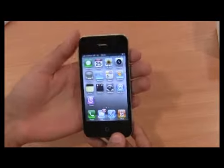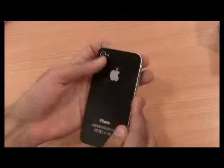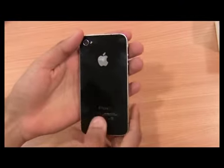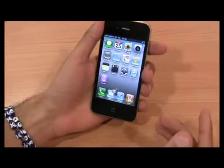It feels quite heavy as well, but it does feel sturdy and well built, and the front and back both have scratch-proof glass. Now if we take a look at the features, the first thing we can show you is